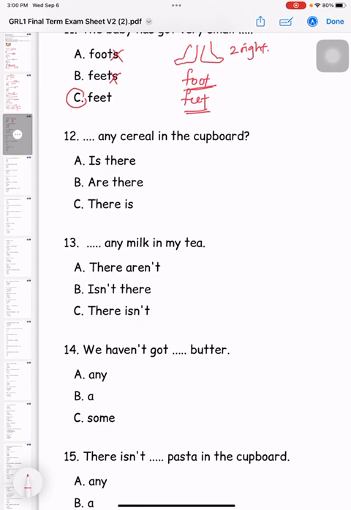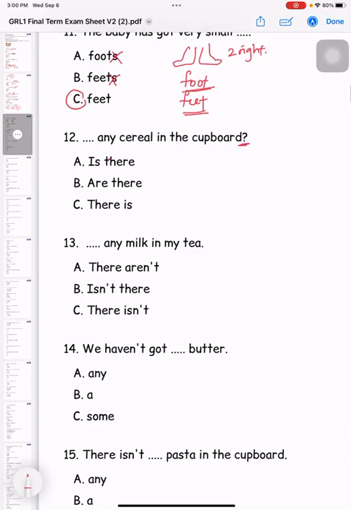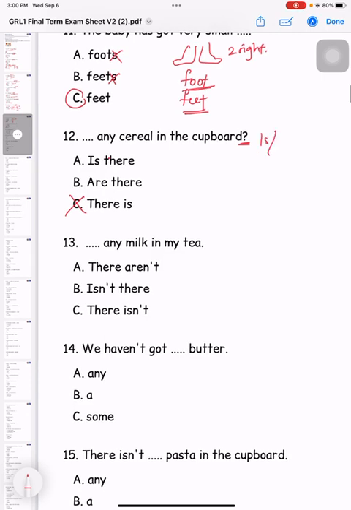Alright, so this one is whether we have to choose is there or are there. Okay, so look at this. This is the question, right? So definitely C is not the answer because we need to put the verb to be at the front part, right? We need to put is or am or are at the front part if this is interrogative. Interrogative means it's a question like this, right? So now whether is or are.